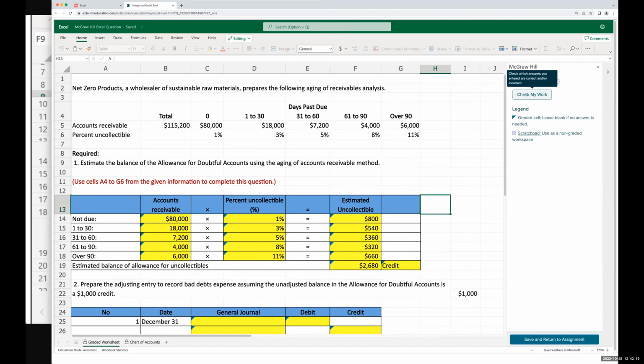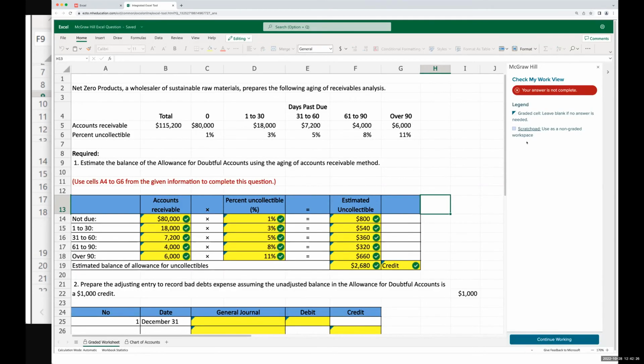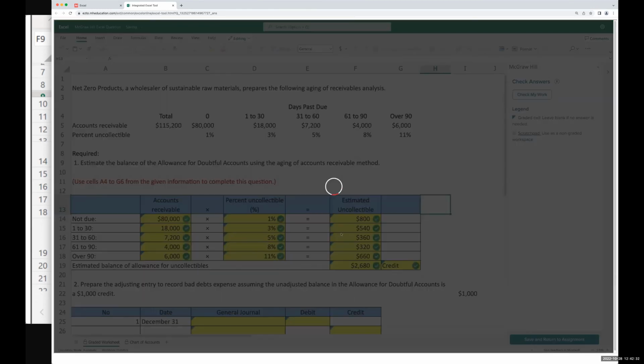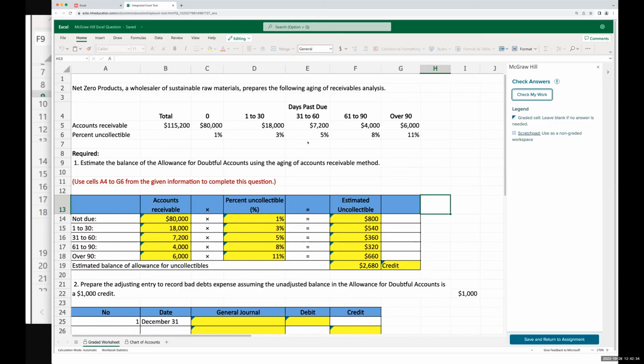Now we can also use the check my work feature, and they get a bunch of positive green check marks. Now, another control that you have as an instructor is to choose whether or not to require students to use a formula. Now, I do require my students to use a formula just because otherwise they're going to grab their calculator, right, and just do it the old-fashioned way. So I do require it, but that's something I could see going both ways there. I think just grading on values could be appropriate for some classes as well.